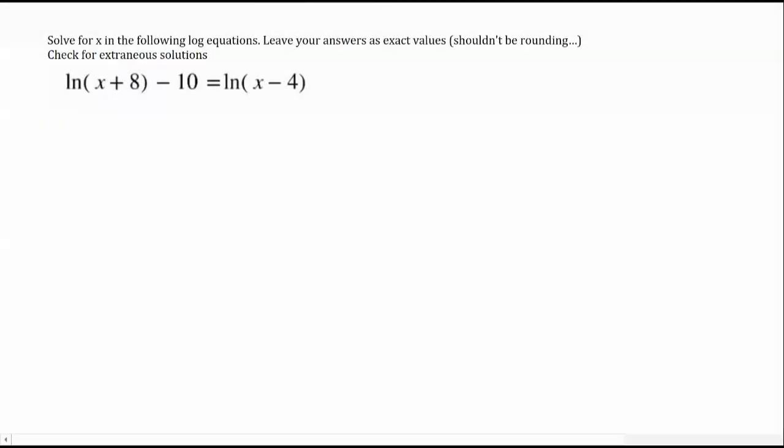Here I'm asked to solve for x and check for extraneous solutions. So when I'm going through this problem here, the first thing that I want is I want all my logs to be on the same side. So really I'm going to move this 10 over to that side by adding 10 to both sides. And then I'm going to subtract ln of x minus 4 from both sides to get all of my logs onto the same side. So I'm rewriting this: ln of x plus 8 minus ln of x minus 4 equals